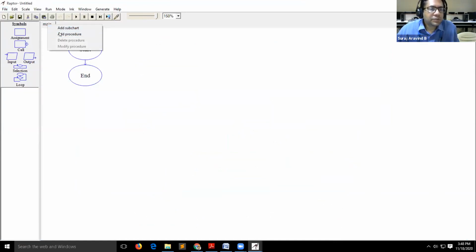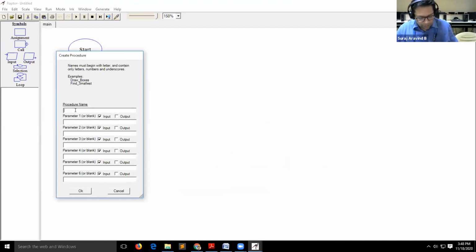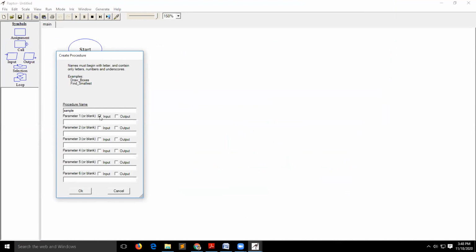Let me create a sub procedure and make it simple. I don't require any inputs and all. Or just take an input, or use it as a counter. There are multiple ways. We use one way.